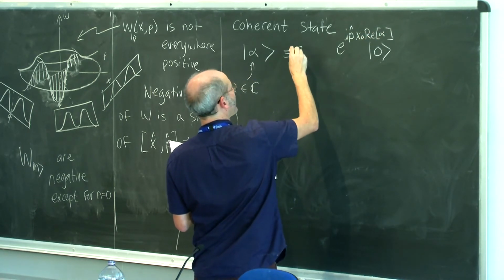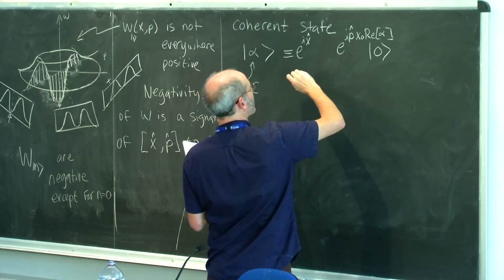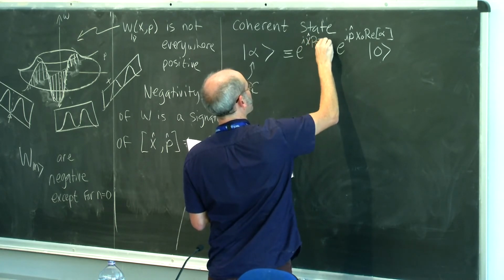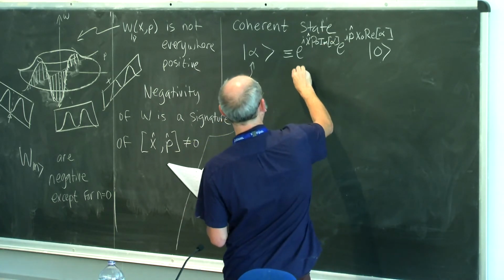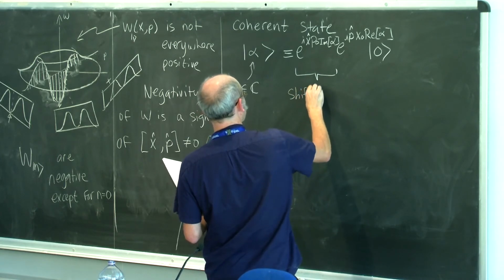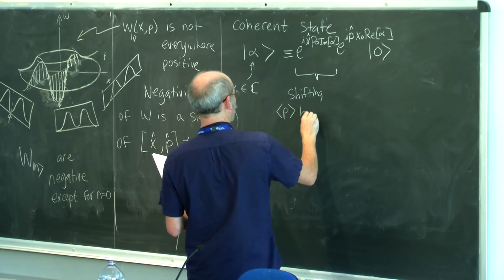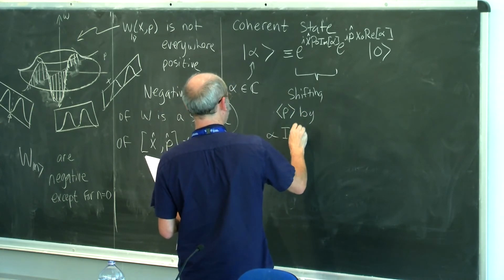And then we shift it in momentum, which we do by acting on it with x hat times p naught times the imaginary part of alpha. And if this looks a little arcane, all this is doing is shifting the mean value of the momentum